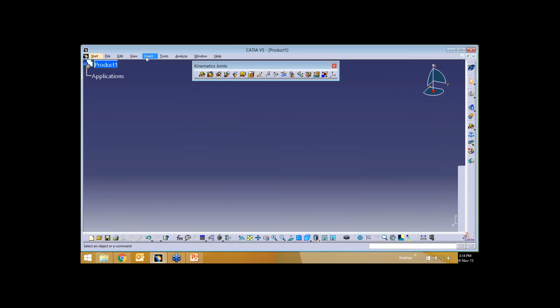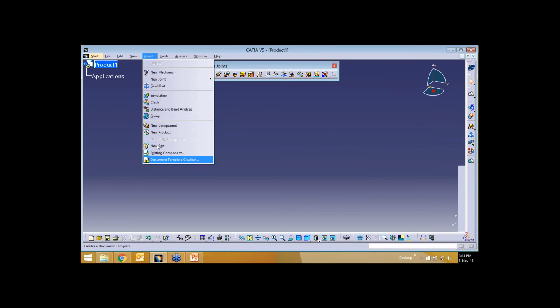So what I'll do is go to Insert, New Part inside a product, and I'm going to create a small shaft with a gear.